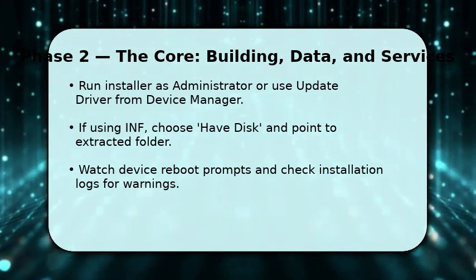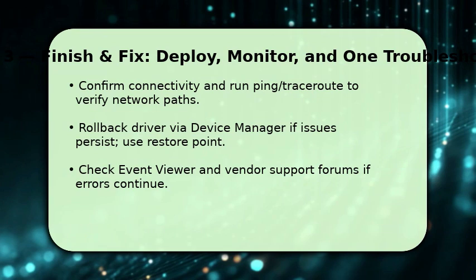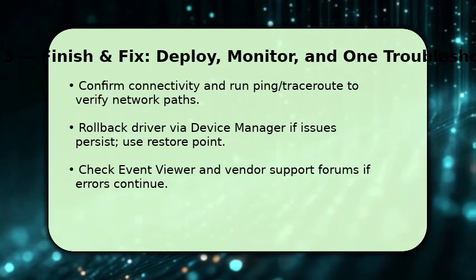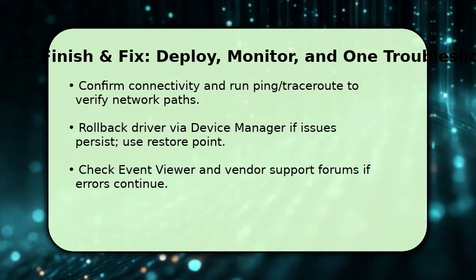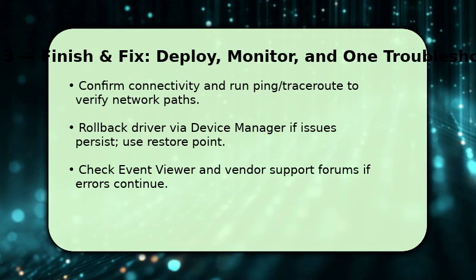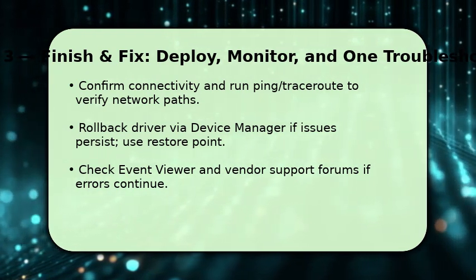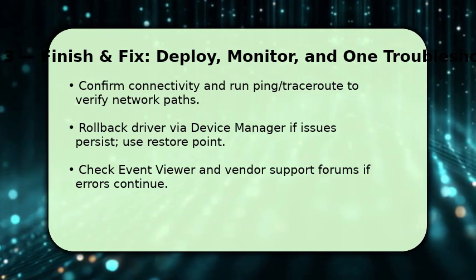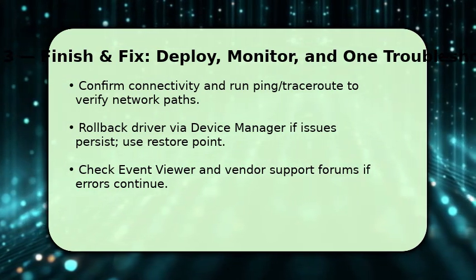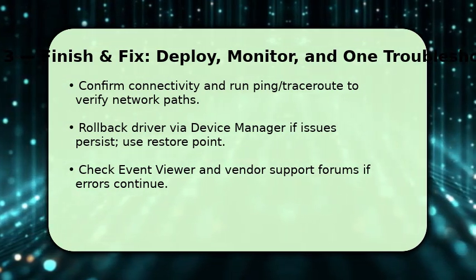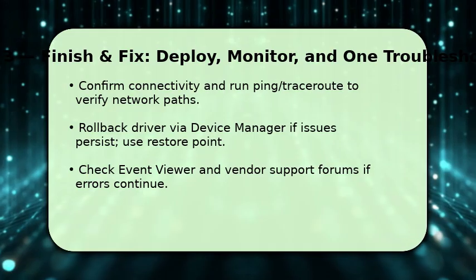You finish by validating connectivity. Run ping to the gateway and a traceroute to a public address, then exercise the network app you need. If problems appear, roll back the driver in Device Manager or restore the system point you created. That returns the previous state quickly. Make sure to inspect Event Viewer for driver or kernel errors and consult vendor release notes if behavior persists. A single key troubleshooting tip: always roll back first, then escalate. It isolates the update as the